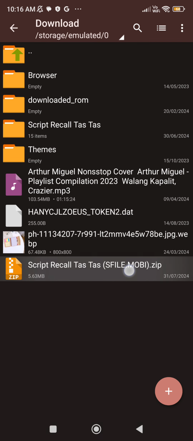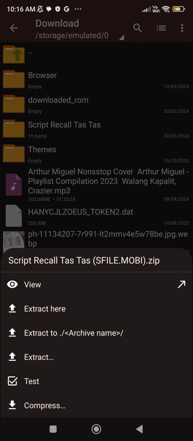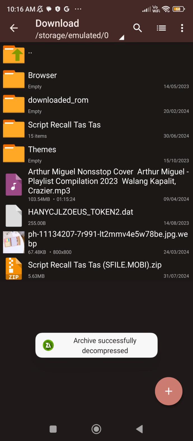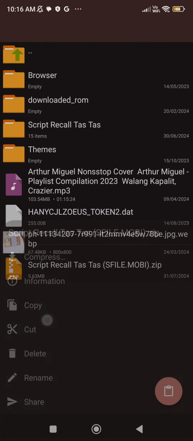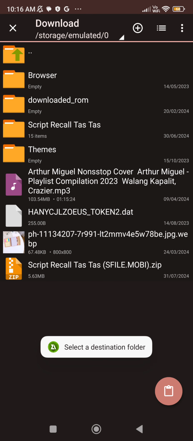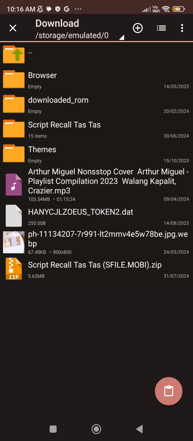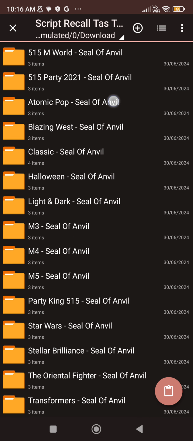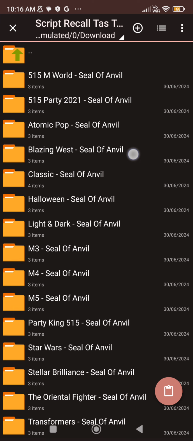Just long press that script. Just press the name of that script and then press extract here. Apply all files. Replace. And then long press copy. And then what you need to do is press the script recall task, and then you can replay and then pick one up here.